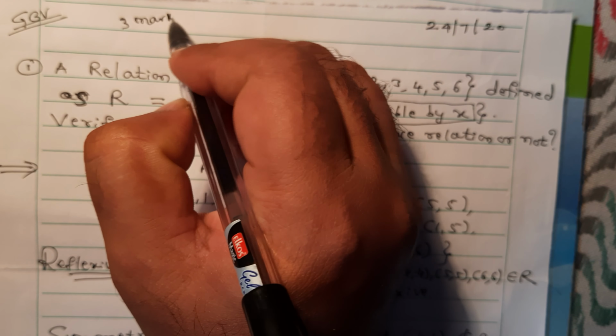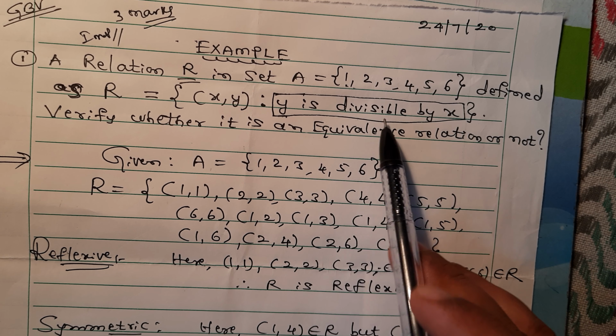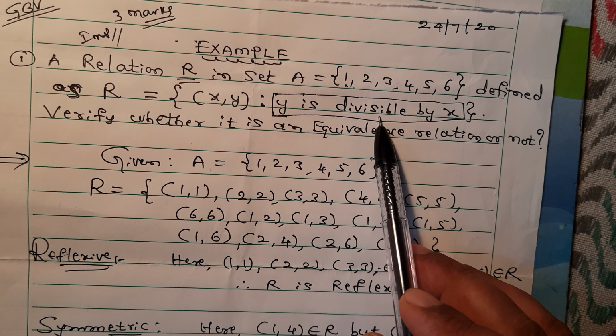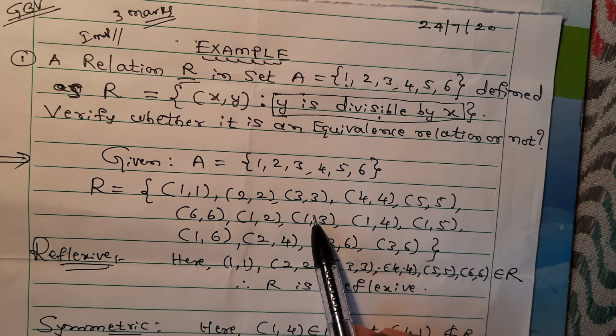So here, how can we do it? See here, given set is 1, 2, 3, 4, 5, 6. As I told earlier in the class, if the relation is defined in rule method, we have to write the ordered pairs. So I have already written the ordered pairs. How have I written these ordered pairs? See here, y is divisible by x. This is the rule here. So what is the meaning here? So given set is A. See here, given set is A means you don't have to write all these things. Just for understanding purpose I am saying. That is, A cross A will be present.